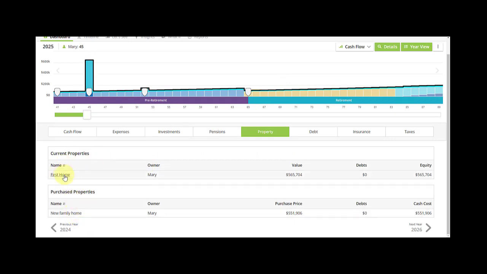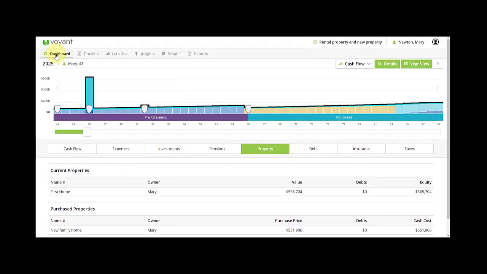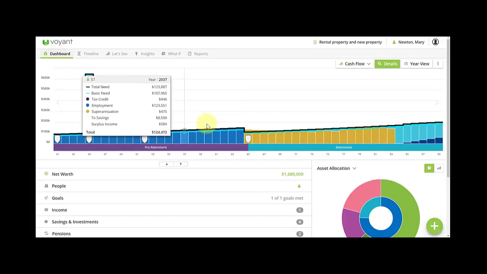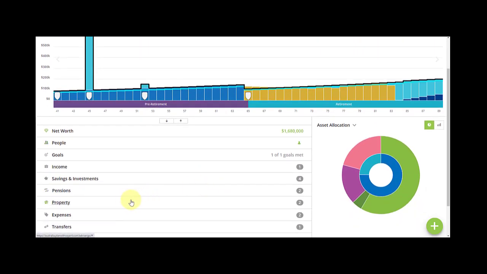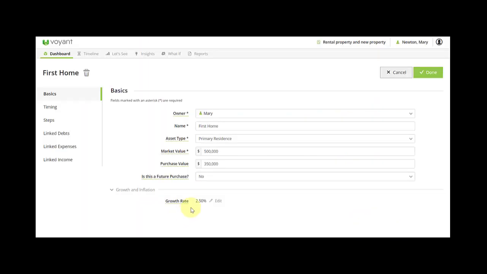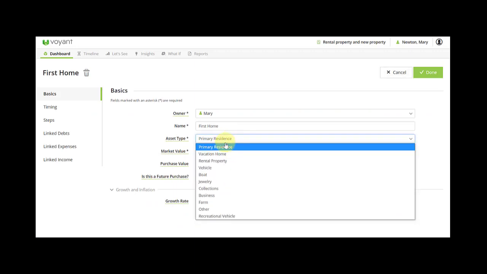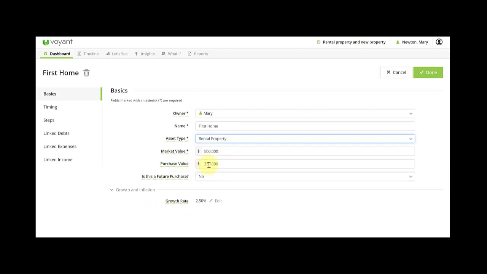Now we currently still have the first home in the plan. As I said, there's no way at the moment to change a type at a future time in the plan. So instead what we're going to do is go to property and just change the type from the beginning of the plan. And make sure that you have a purchase value in for the rental property, so that if it's sold at a future point in the plan, the right CGT will be calculated. The CGT calculation is based on the market value grown by the growth rate minus the purchase value. So put in the appropriate purchase value for the rental property. If I click done,